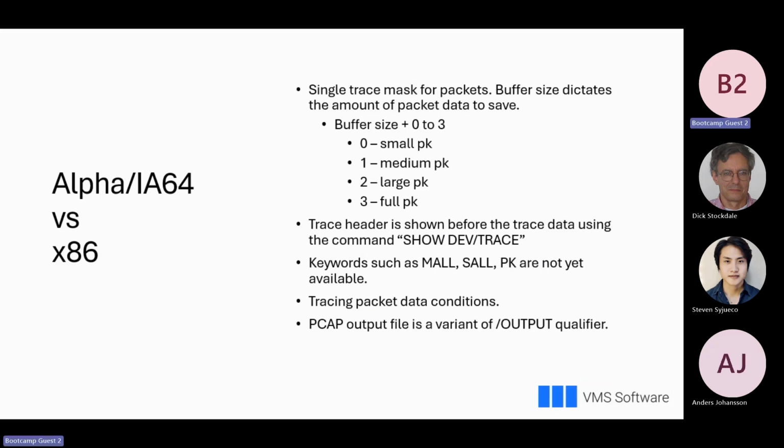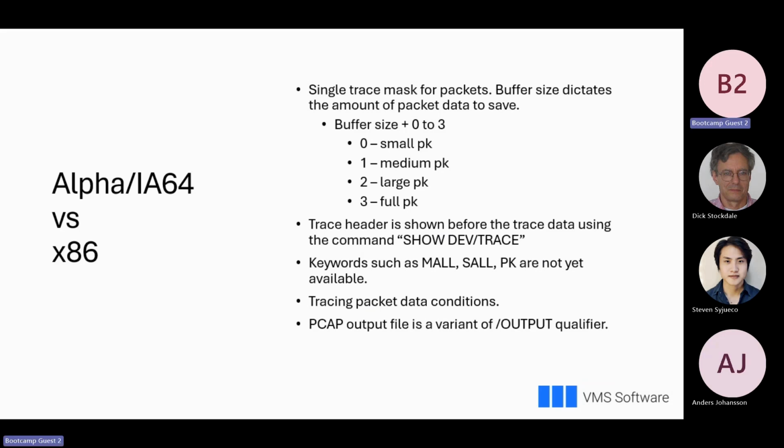Because of that, we don't have a flag for specifying the size of the packet that we want to capture. So we had to define that through the buffer size. For example, with this formula, buffer size plus 0 to 3, if I have a buffer size of 512,